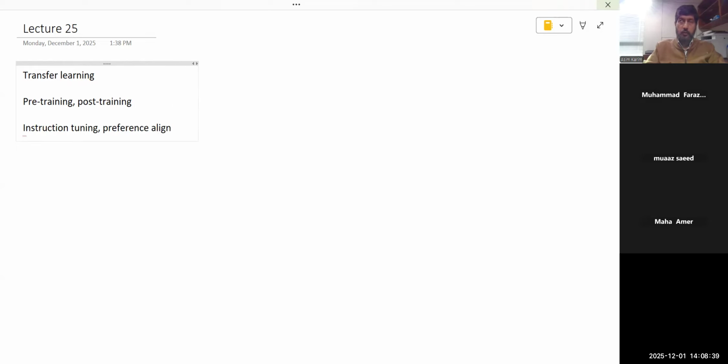And again, both of these would typically be done by the designers of the models. End users would most likely not do this. Of course, they can do it if you have a smaller model, a quantized model. But usually this will be done by the designer. So instruction tuning is kind of training the model to respond to instructions.